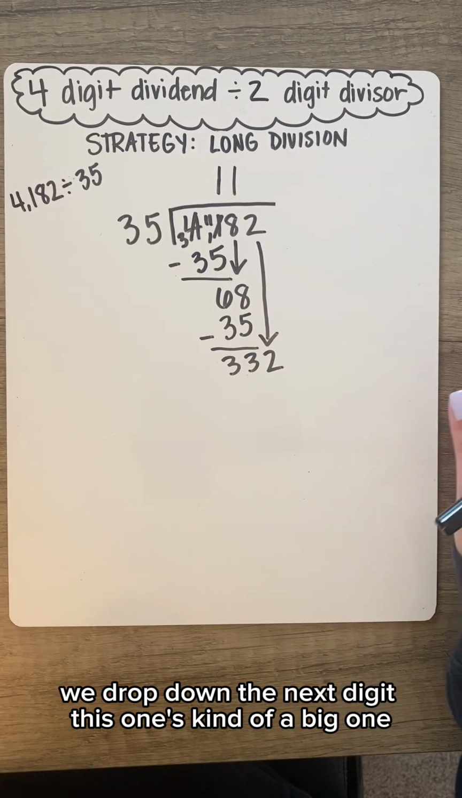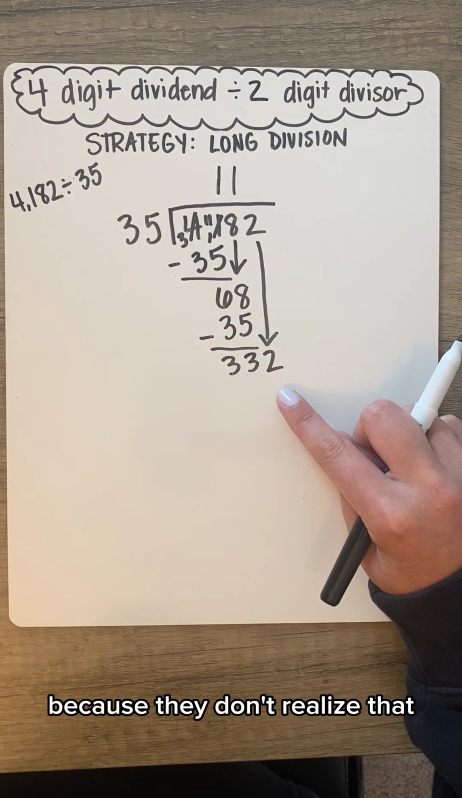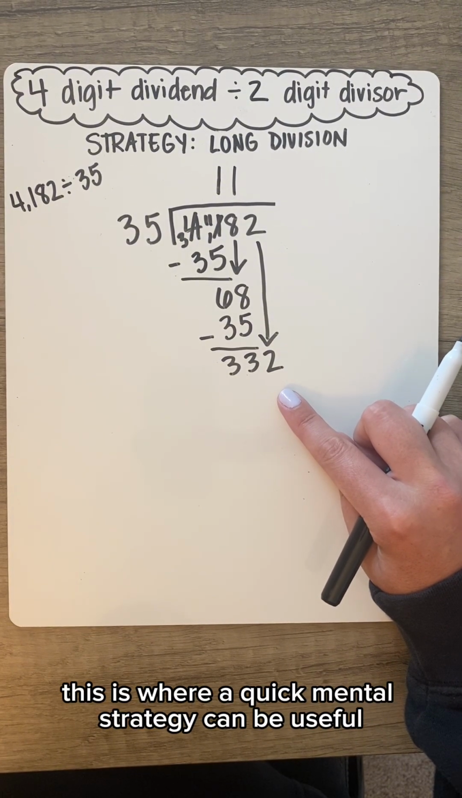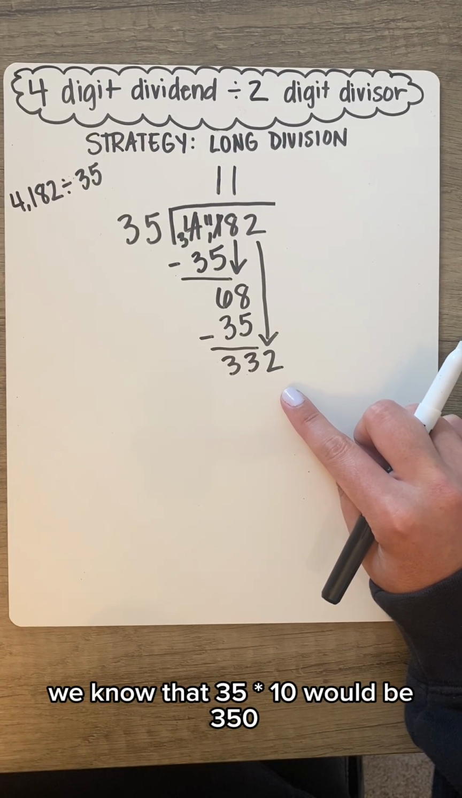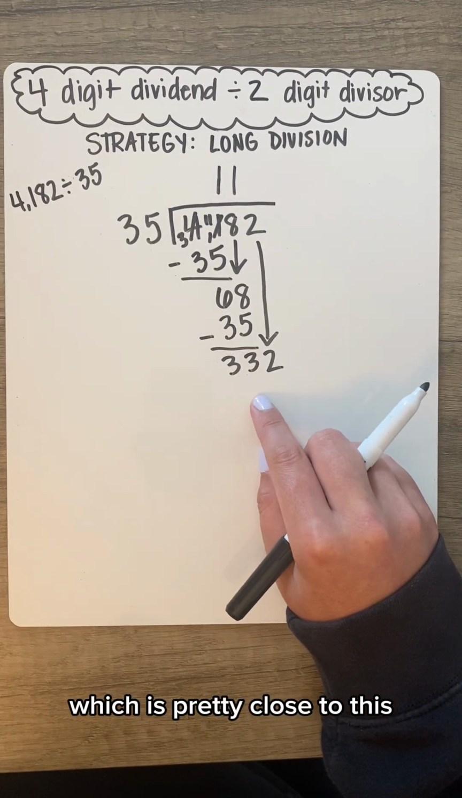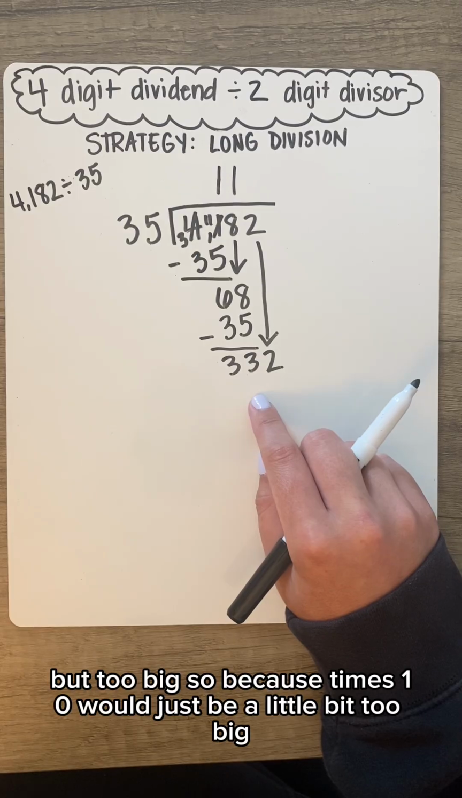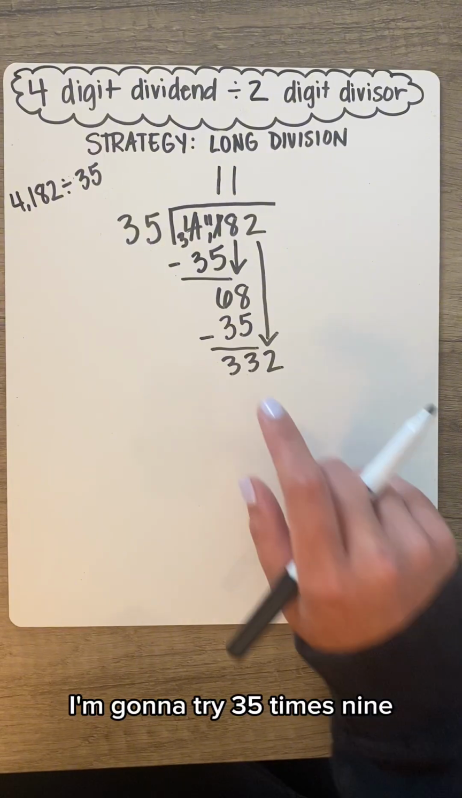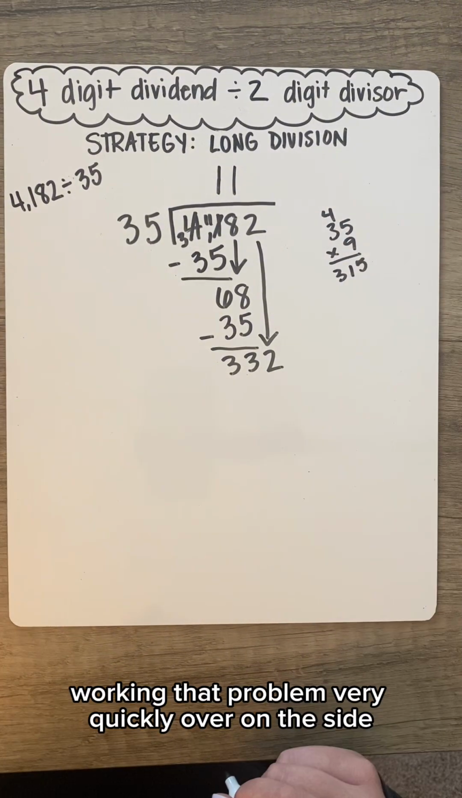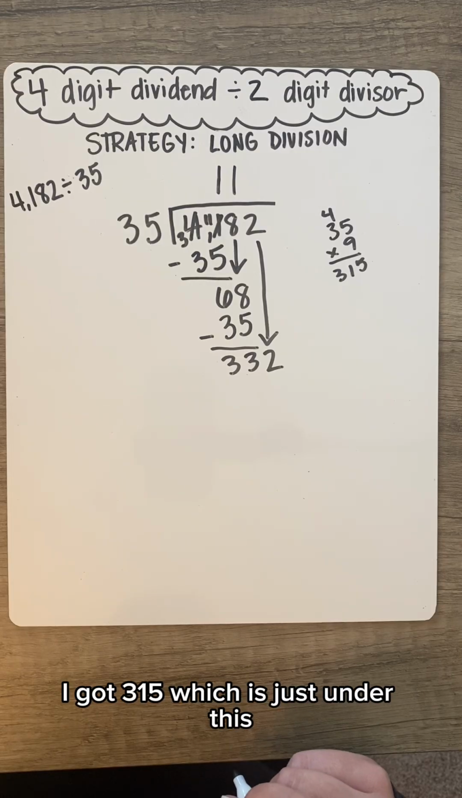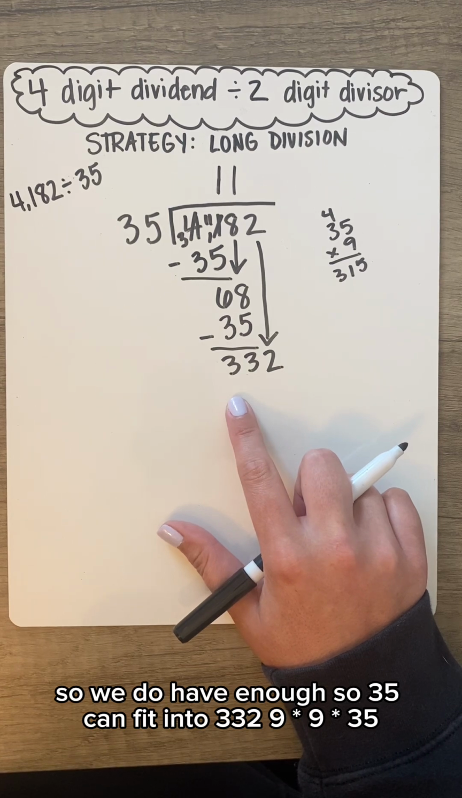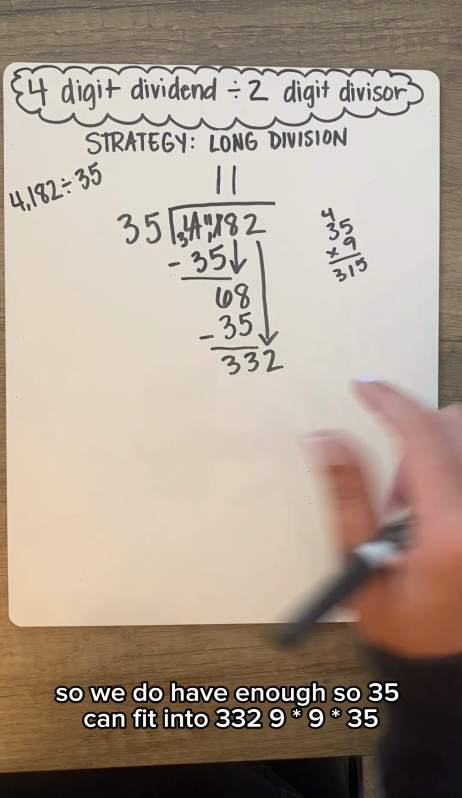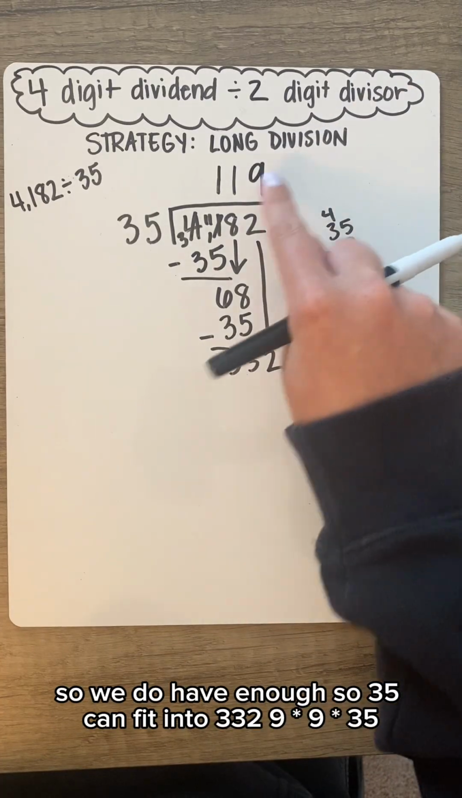This one's kind of a big one. I think this is where kids get stuck because they don't realize that this is where a quick mental strategy can be useful. We know that 35 times 10 would be 350, which is pretty close to this, but too big. So because times 10 would just be a little bit too big, I'm going to try 35 times 9. Working that problem very quickly over on the side, I got 315, which is just under this. So we do have enough. So 35 can fit into 332 9 times. 9 times 35,